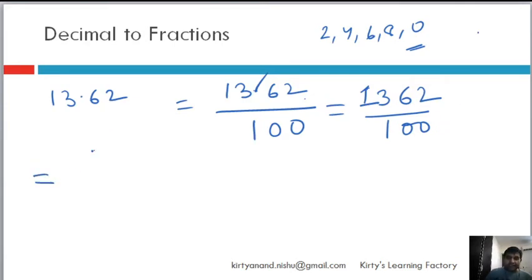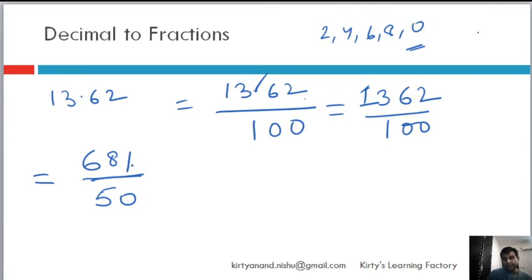So let's divide, and after division, this is the number we get in the numerator and this is the number we get in the denominator. Now as you can see, are both these numbers divisible by any other number? Let's try. Is this number divisible by 3? Yes, it is. Is 50 divisible by 3? No, it is not. And how did we figure that out?